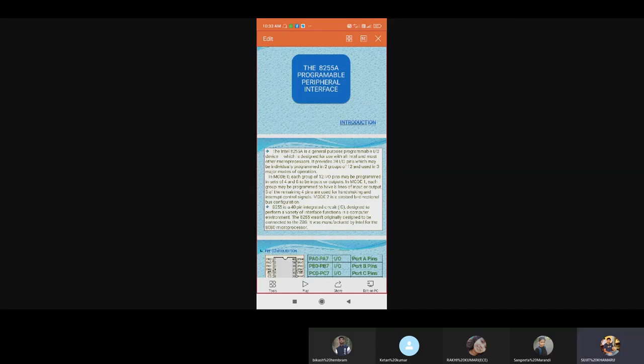microprocessors, and it provides 24 input output pins, which may be individually programmed in two groups. One is group A and another is group B. Each includes 12 pins, and